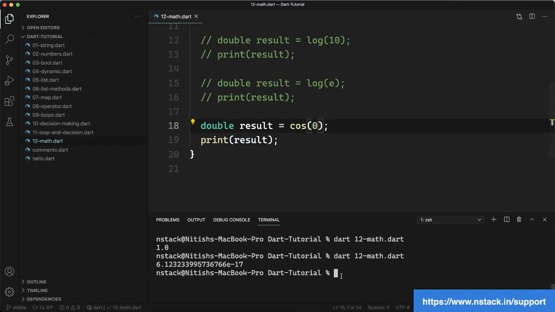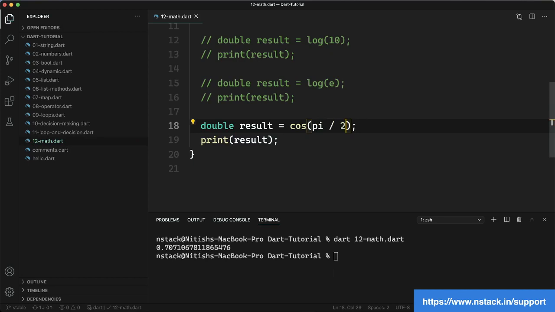Let's try again for this one. So let's try pi by 4 and let's see if it works. Okay, if this does not work, then also it's fine. You just need to know that we are not getting the actual value of pi by 2 or pi by 4. That's why this is happening. You can see that we are getting something